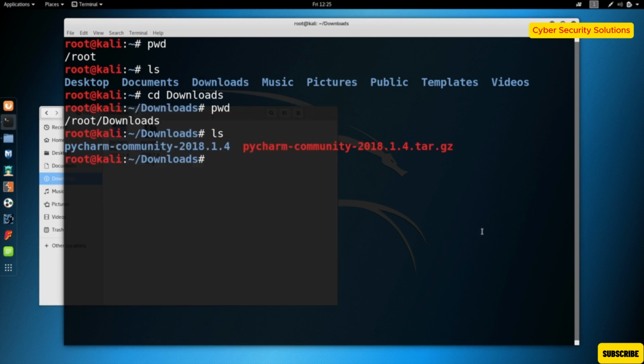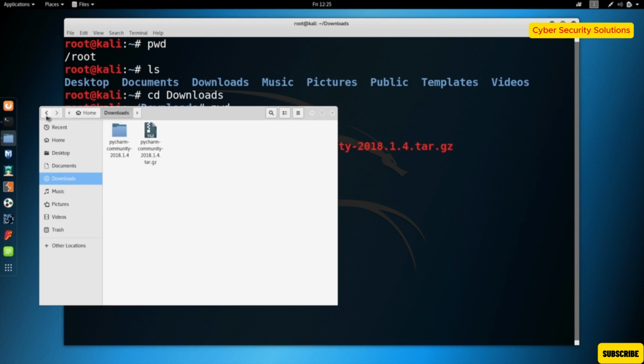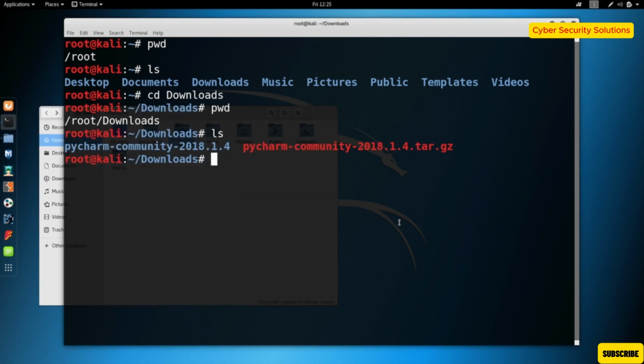Now, if you want to go back one directory, so similar to pressing the back button in here, all you have to do is do cd, again the command to change the working directory, followed by